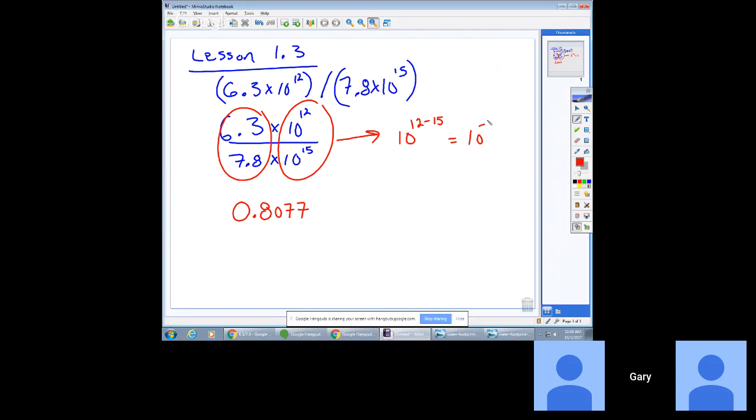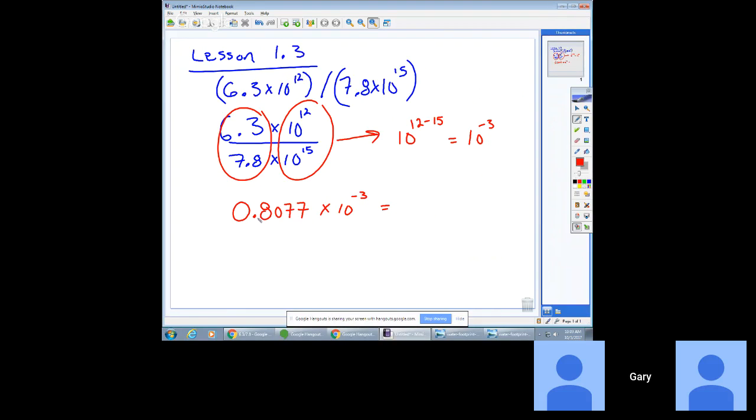-3. And some days I rush through these kinds of things and I'll just throw a 3 down when it really should be a -3. So it's kind of worth writing this step down sometimes. So I get times 10 to the -3. Is this in scientific notation? No. So we got a couple of options, easiest of which I think is just to apply the 10 to